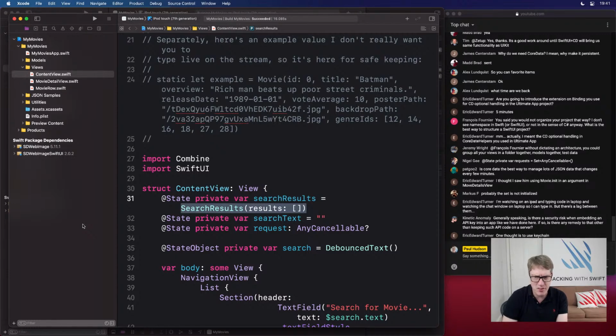Is Core Data the best way to handle lots of JSON data that changes every few minutes? No, I would say not. Core Data is often not the best way to manage anything, bluntly. And with lots of data changing regularly, no. I would store it in the least offensive way possible, unless you really want filtering, sorting, and all that jazz that Core Data brings. Relationships are brilliant. I love them, but